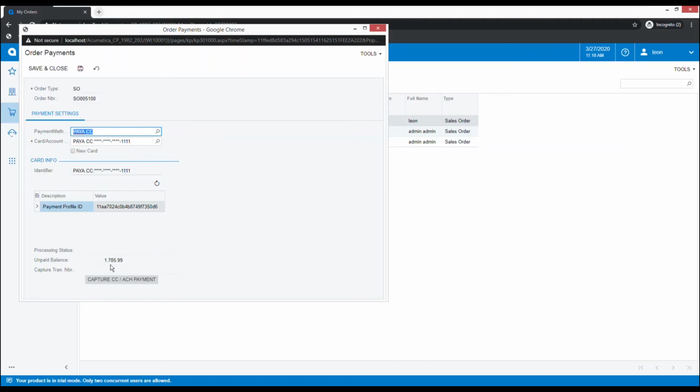We can see the amount, which is unpaid, of $1785.99. We'll select the capture option here. And we can see the transaction has successfully captured based on the processing status, and the operation here has completed. So we can X out of this window,